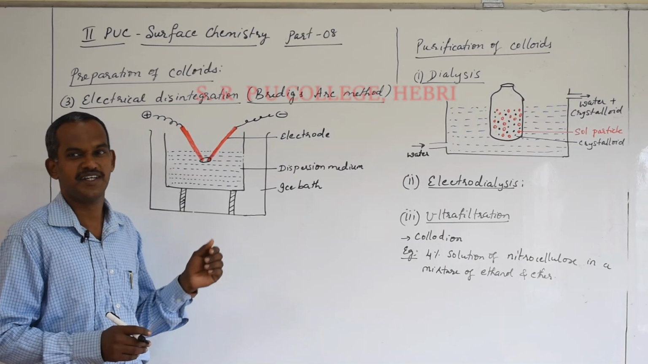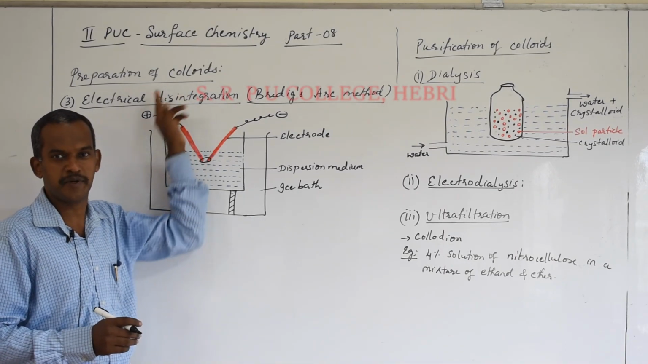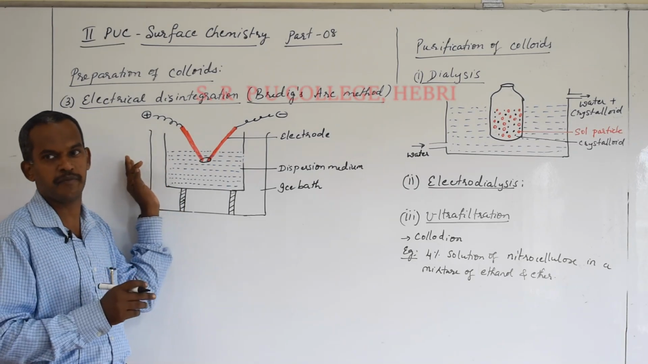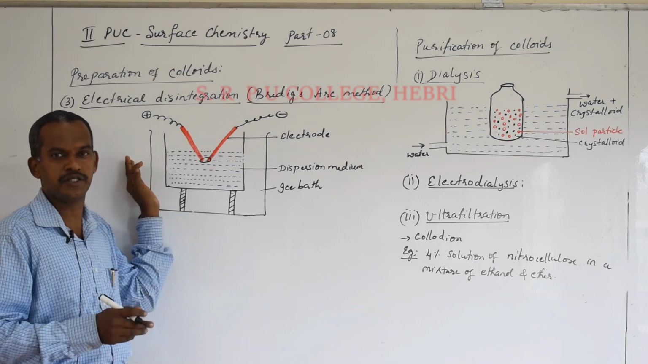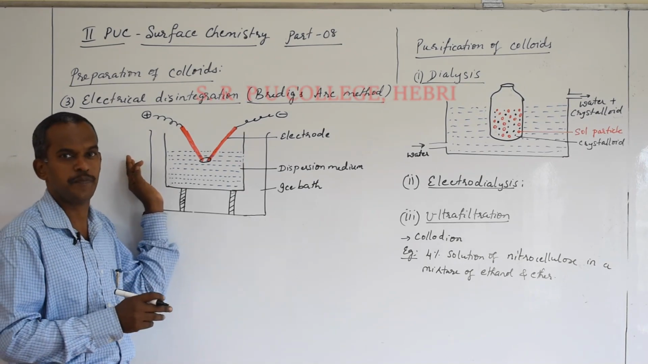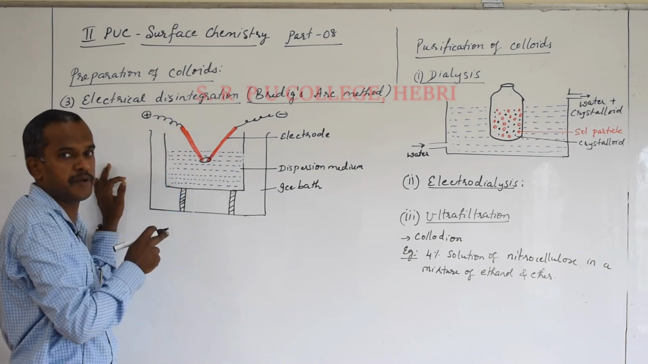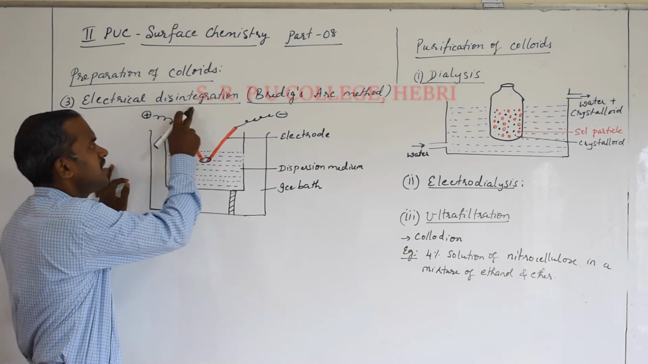Hello students. In the surface chemistry last class we studied the two methods of preparation. You remember the chemical methods of preparation by double decomposition, oxidation, reduction and so on. And we studied peptidization also. Today in this class I will continue with the third and last method of preparation, that is the electrical disintegration